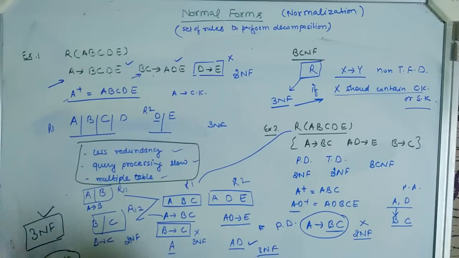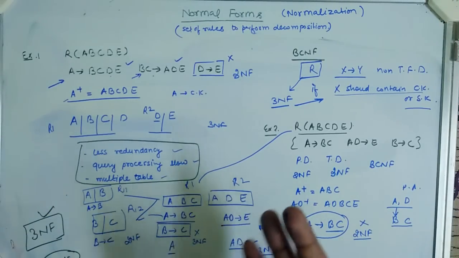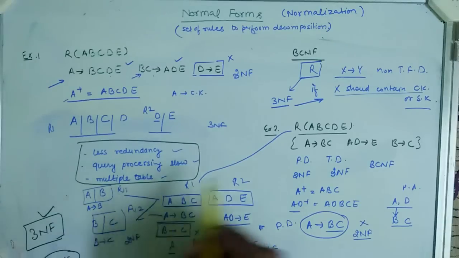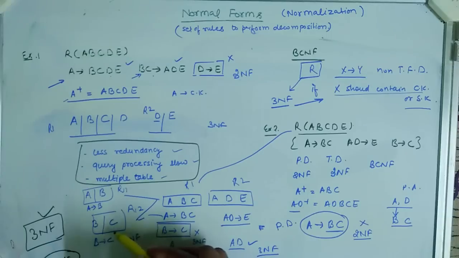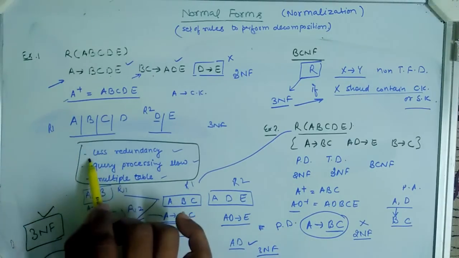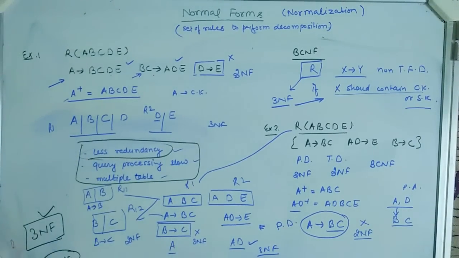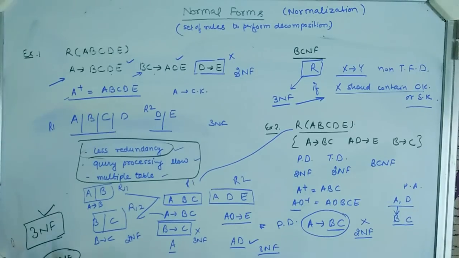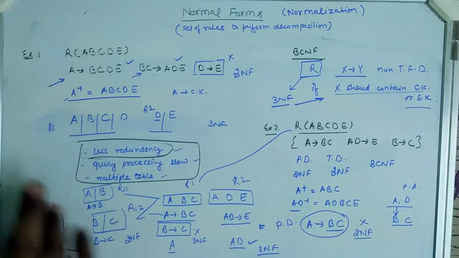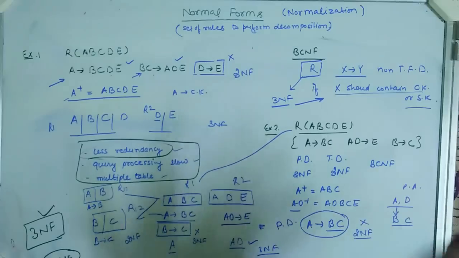If in exams there are questions like what would be the highest normal form for a relation, you need to check all the satisfying conditions in the relation and give the appropriate normal form where the redundancy is removed. So here the redundancy is removed in the third normal form, that's why it can be treated as the highest normal form for this relation R.